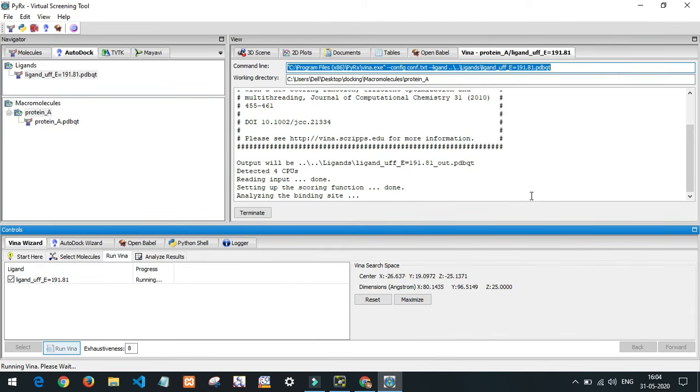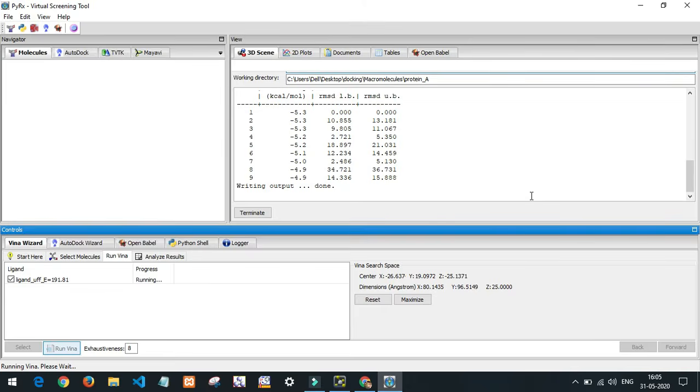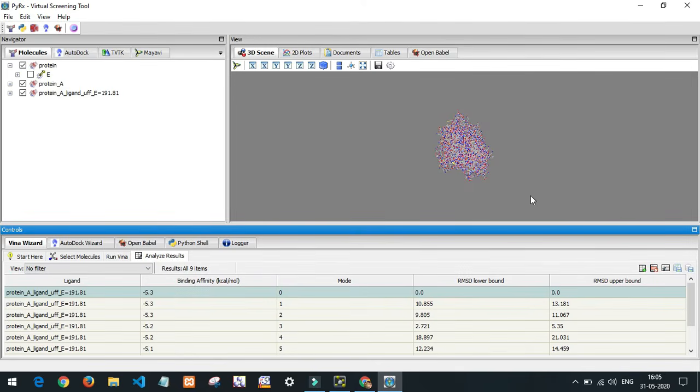Now the docking is running. Once the analysis is completed, we can check the results which are given below.